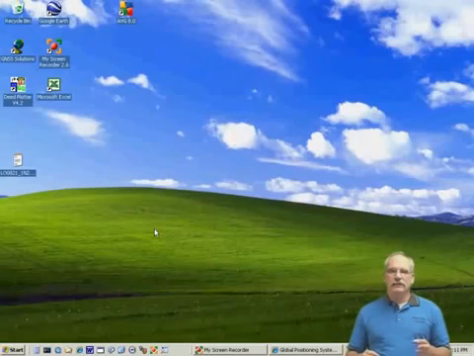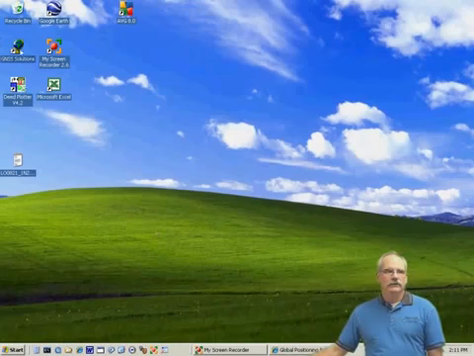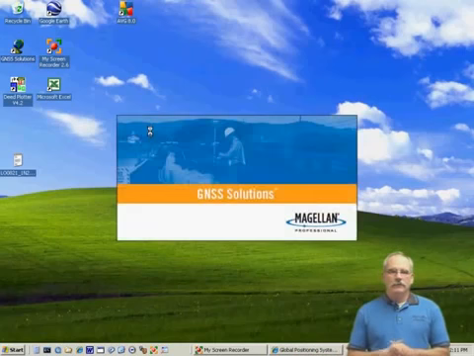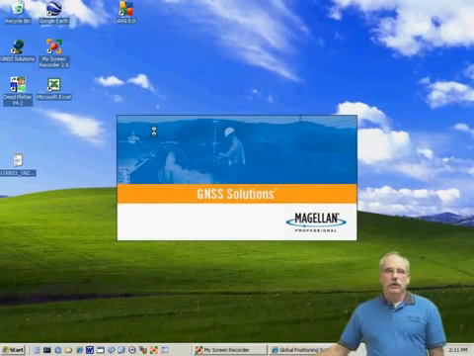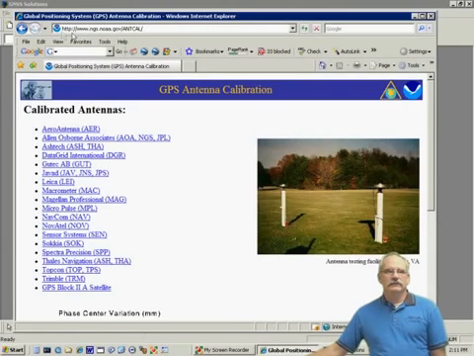NGS antenna calibrations automatically into GNSS Solutions. So you're probably familiar with the NGS antenna calibration screen. If you've got internet, if you're on the internet, the location is